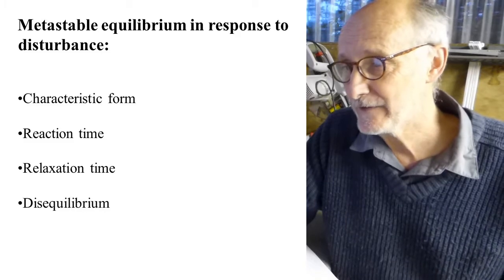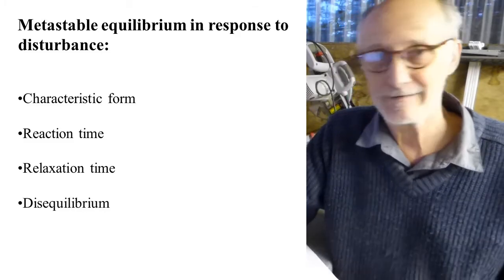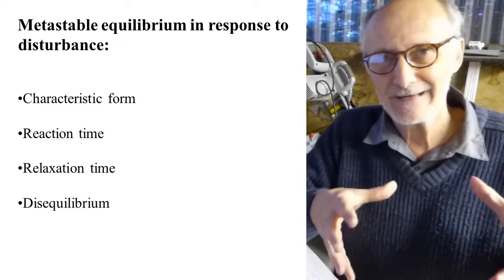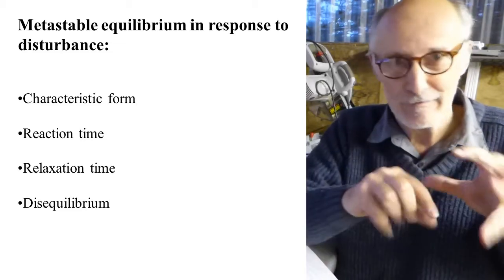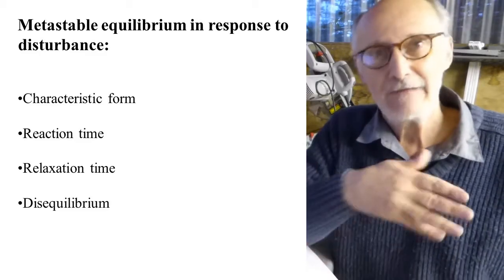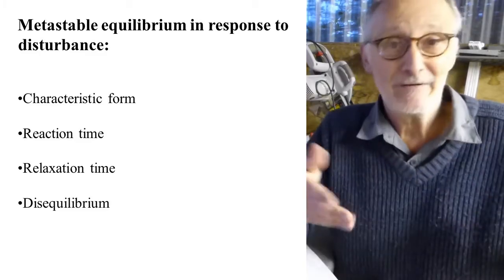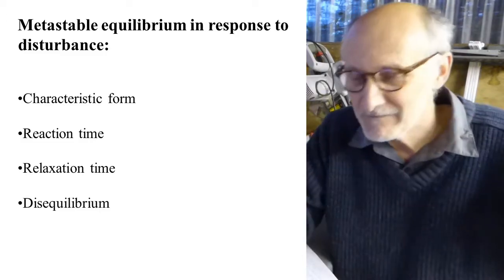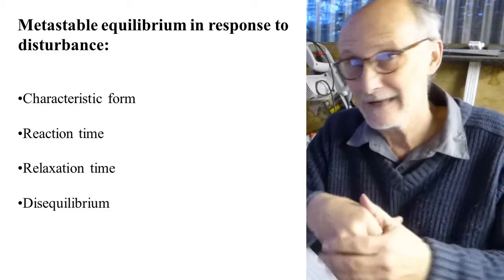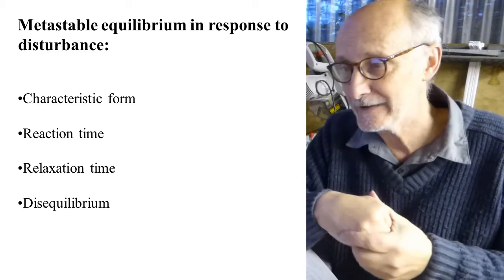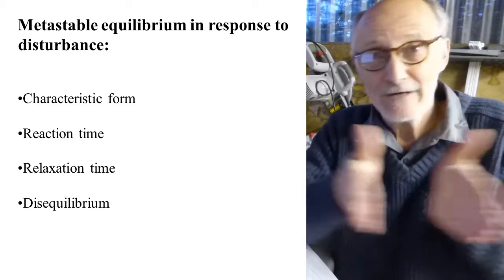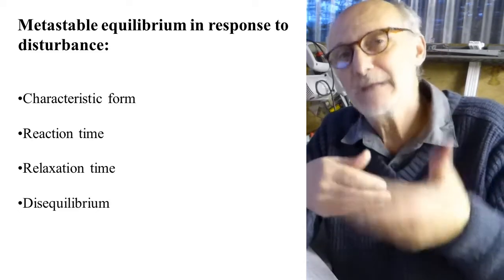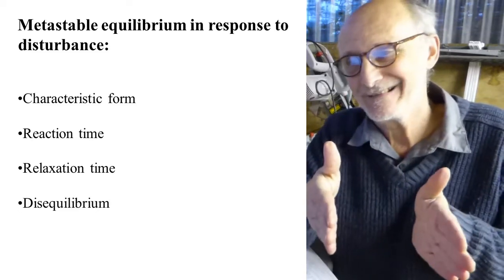And make sure that you understand those terms: characteristic form, which is kind of the form that you would associate with a particular process environment, with a particular equilibrium. If things are in balance, then this is the form that you will get. Then if you have an impulse for change, a climate change or some earthquake or some change in characteristics that's going to make your landscape respond to it, there'll be a reaction time, there'll be a lag, a pause. When something happens, there's not an immediate response, there's a reaction time.